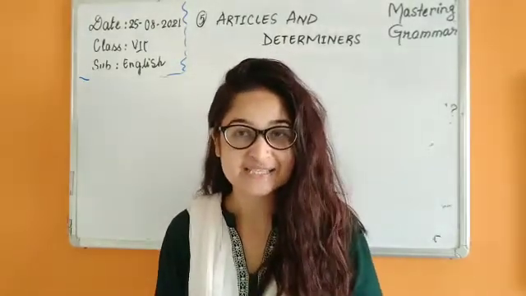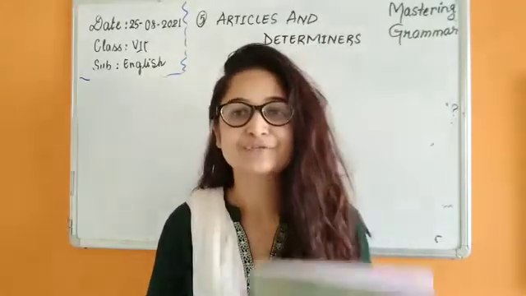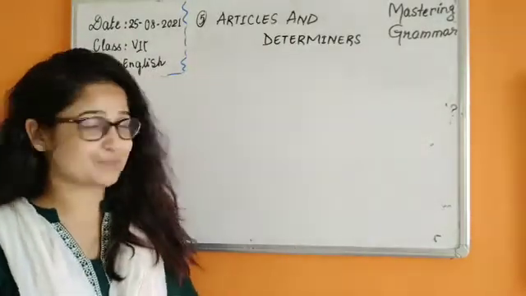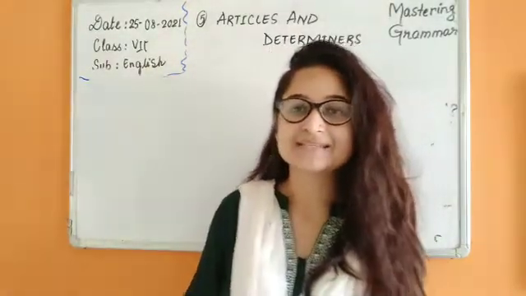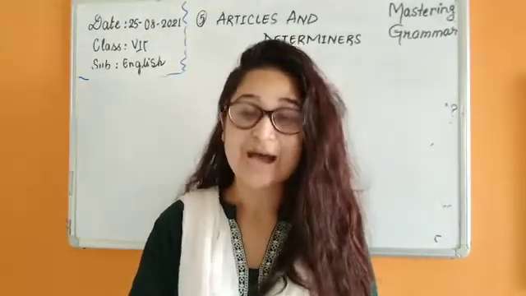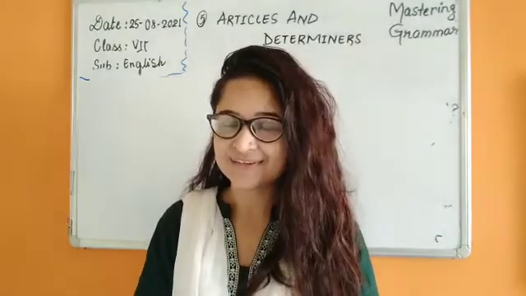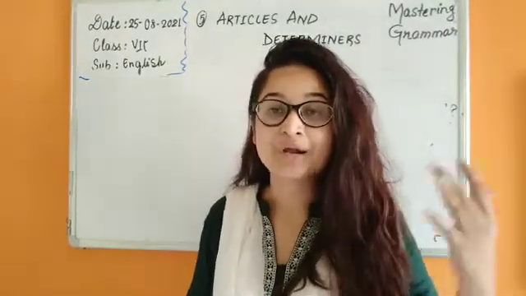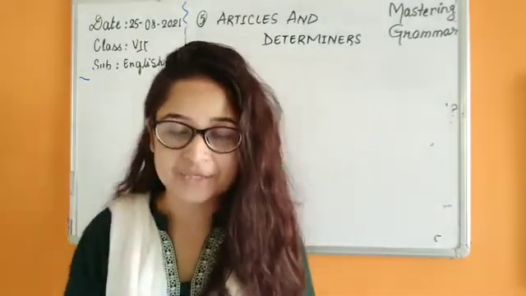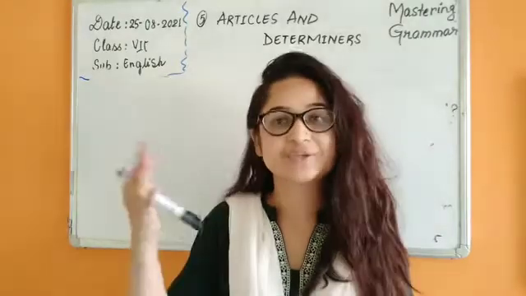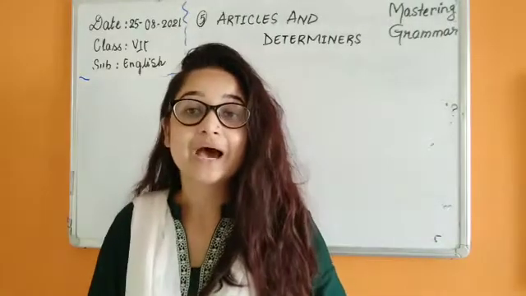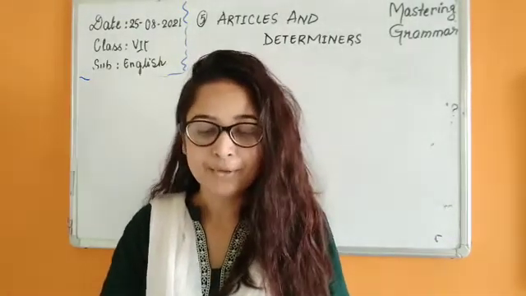For today's English lesson, we are going to start a new chapter from your Mastering Grammar book, and this chapter is Articles and Determiners. Children, you must have seen some words like your, some, then you had your and the. These words are placed before nouns to indicate whether something specific or particular is being referred to. So we are referring to the nouns, and in that case we are going to use determiners. Now we have to learn about both of these.